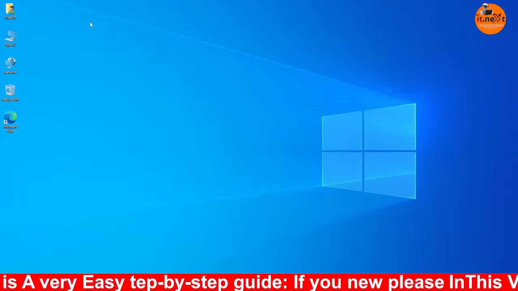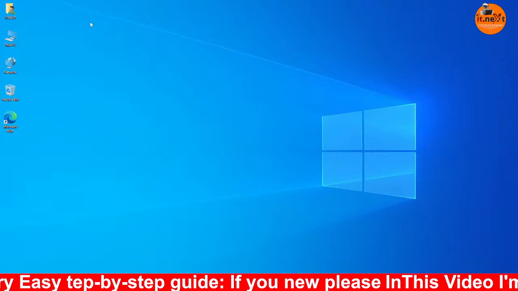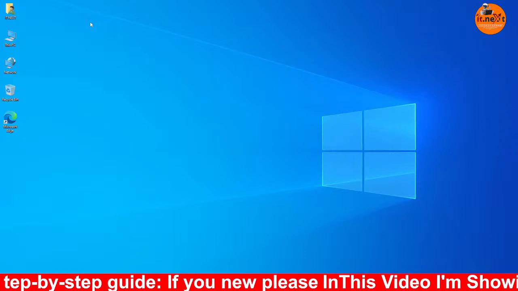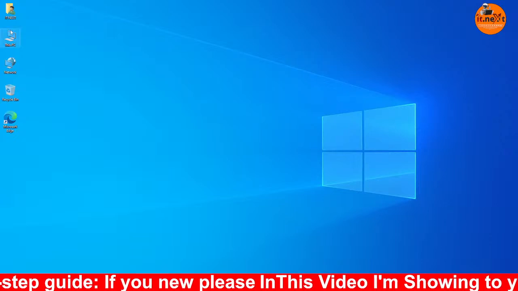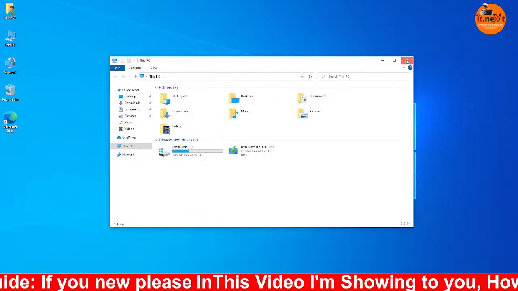You can do it on any other computer, but remember, you have to first back up. If you are doing it on your physical computer, you have to first back up everything on your computer before doing this process, because some people may end up losing their data and they start calling me. Okay, so now as you can see,